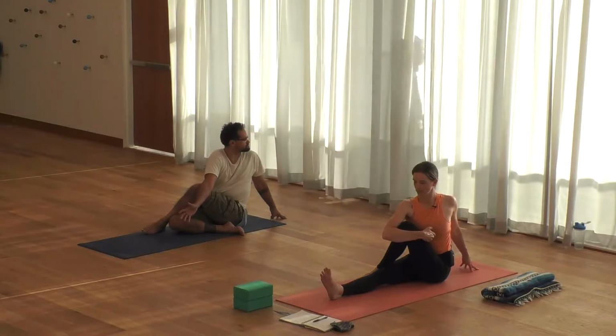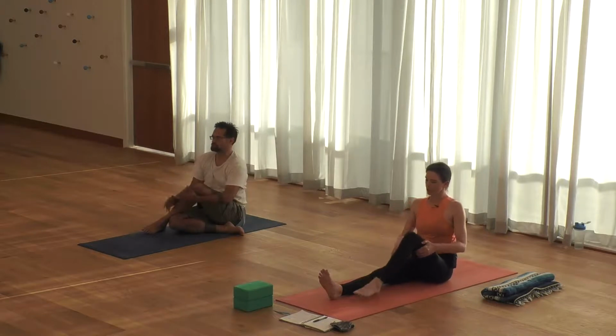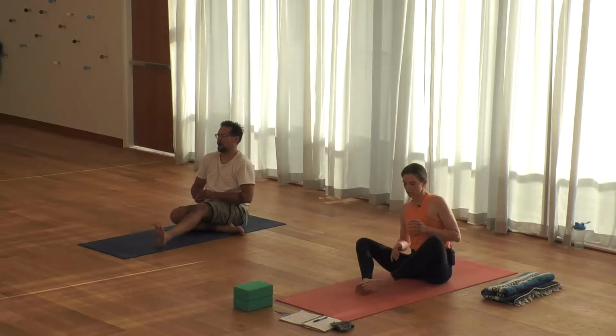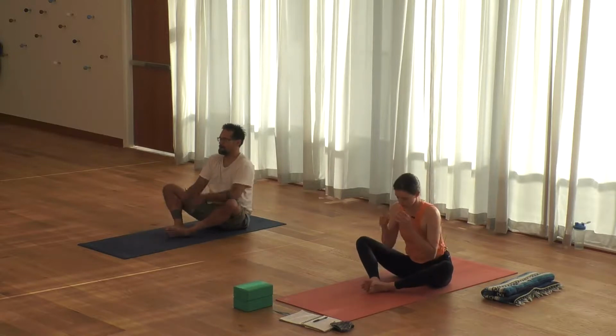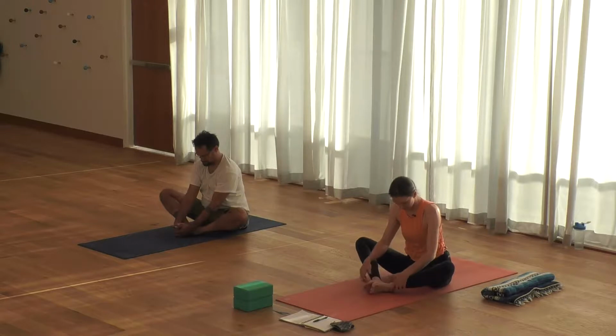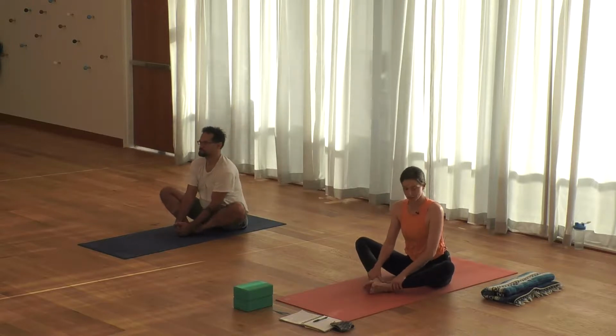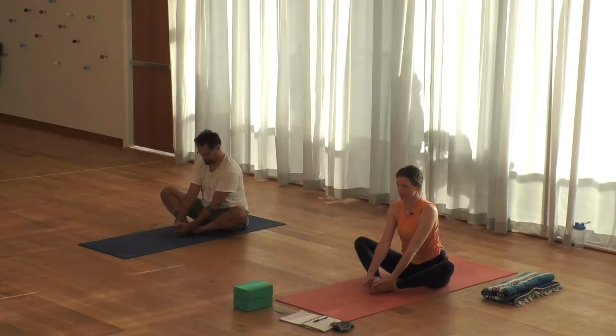As you exhale, slowly unwind, undo the legs, bring the soles of the feet together, press the soles of the feet together. As we do this Baddha Konasana, we'll keep active legs. You can either hold on to the ankles, maybe you can wrap around the outside of the feet,